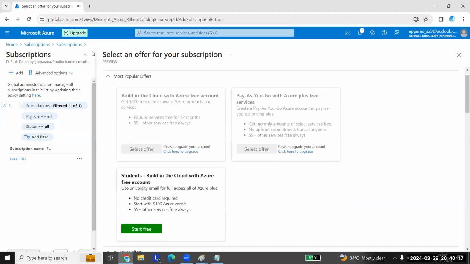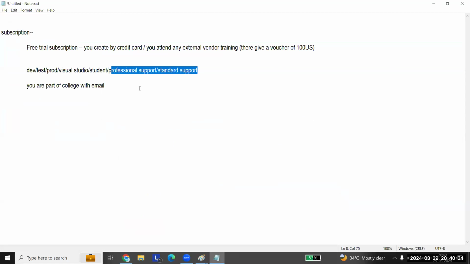Now you know what that is. Remember, if you have a valid subscription, only then will you be able to create Azure services. Azure services or resources, we call them.